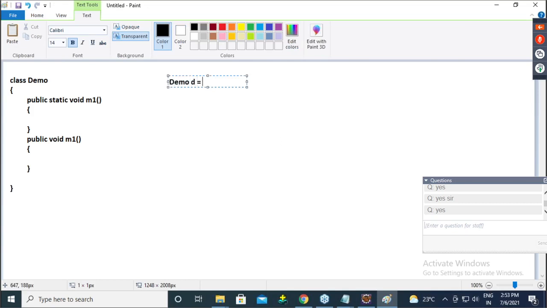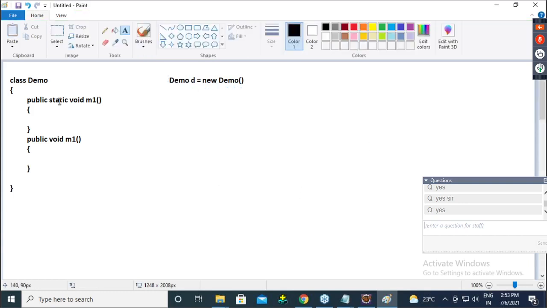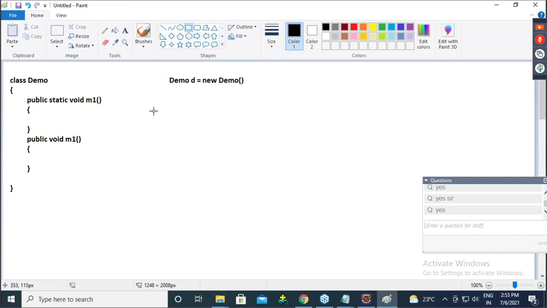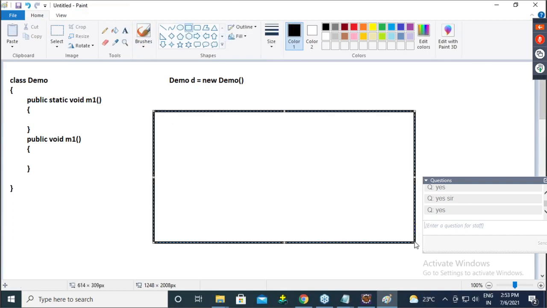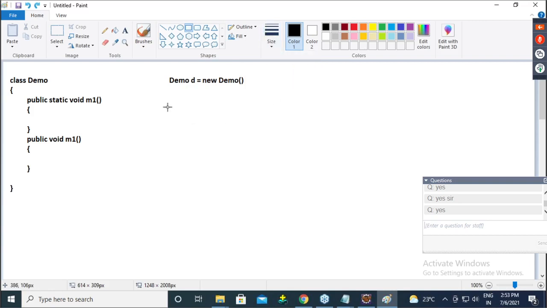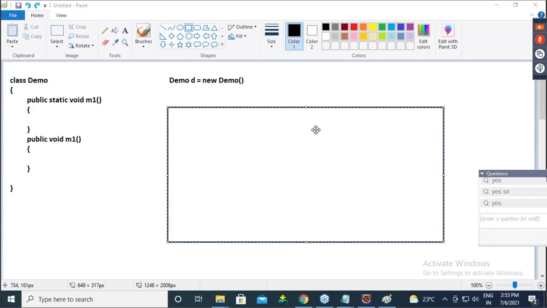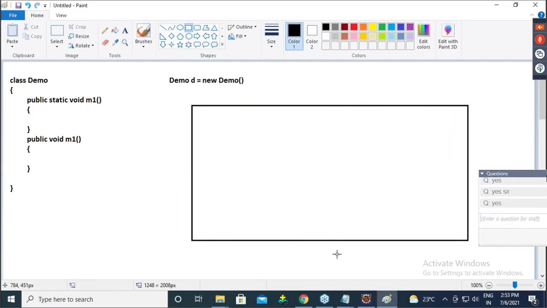Now, when you write Demo d equals new Demo, the benefit for you people is we already started JVM architecture, so you will get help from that side also. Static members go in the method area. Assume this is the JVM.